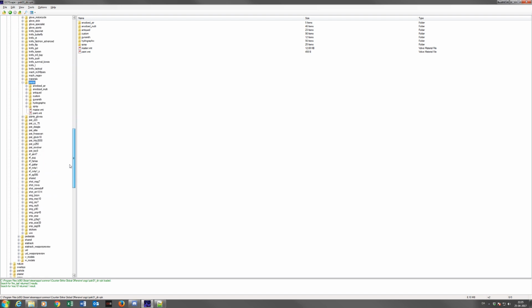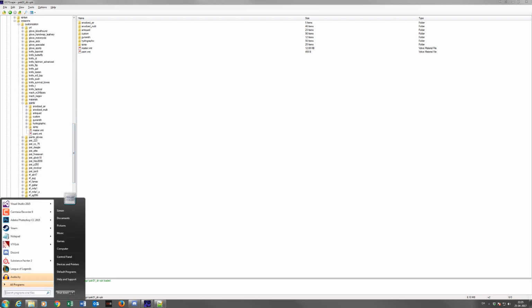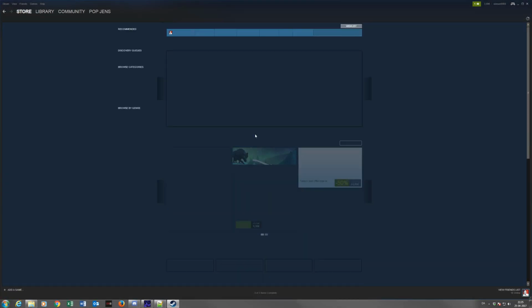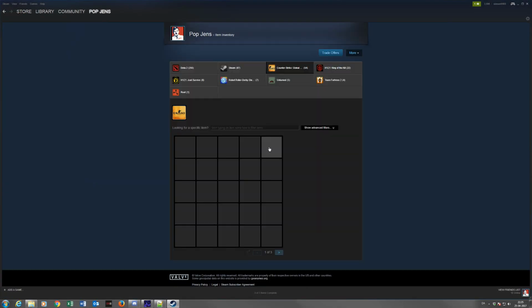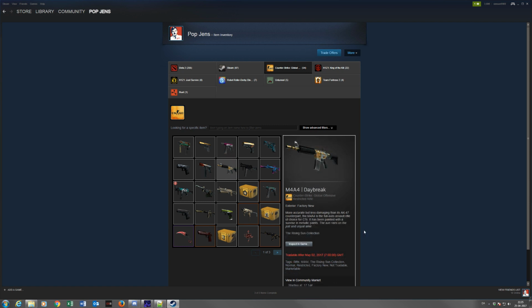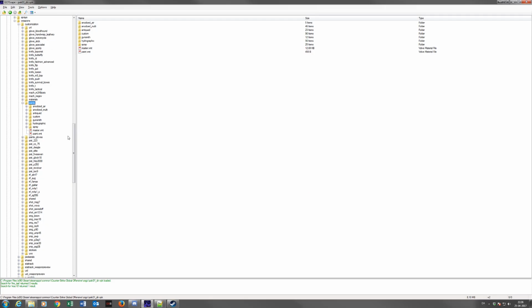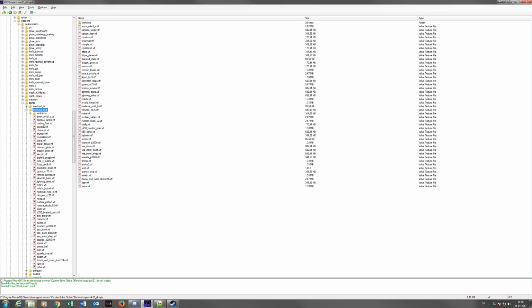So I want to replace today, let me just go ahead and find it for you here. I want to replace the Daybreak skin here. So it's an M4A4 Daybreak name here. So I would just go into this. This is actually another way of finding the pattern in the items_game file. So just go in here, go to anodized multicolor, and then see if you can find the pattern that matches